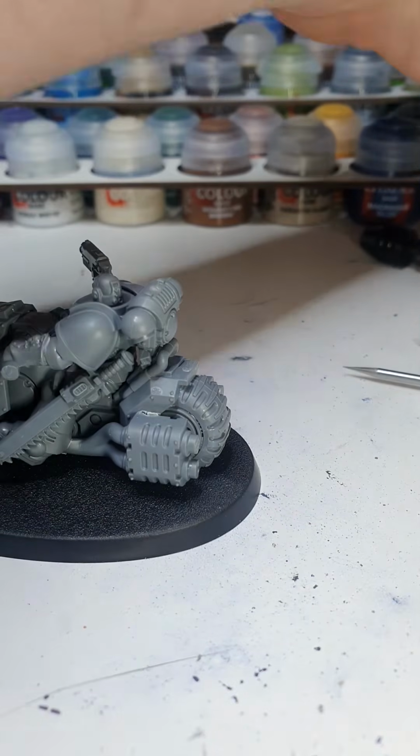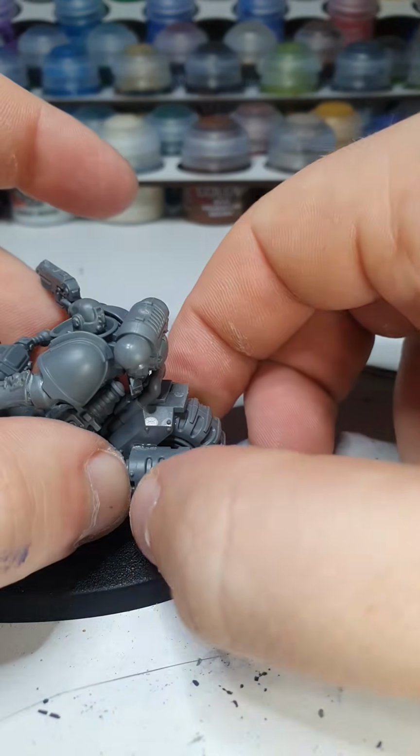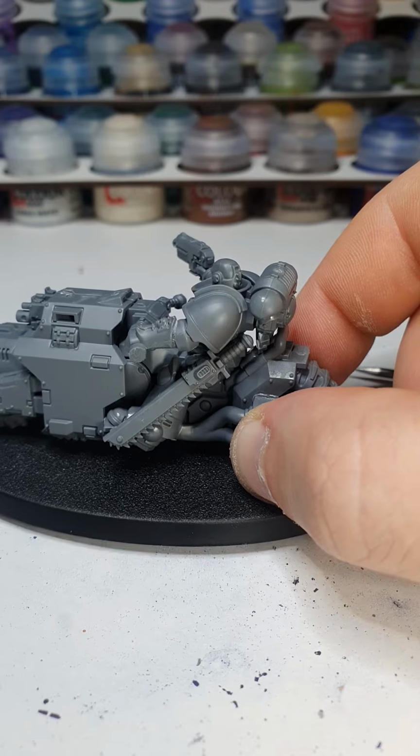Why does this exhaust not want to cooperate with me? The other one's rock solid. Why is this one not? By an impending Nurgle invasion. Hello, you. There's no room that way. I mean, I appreciate you not getting in my way, but there's no room for you that...